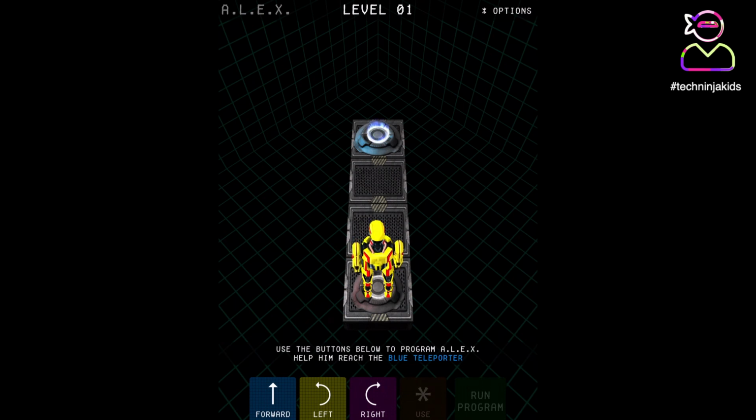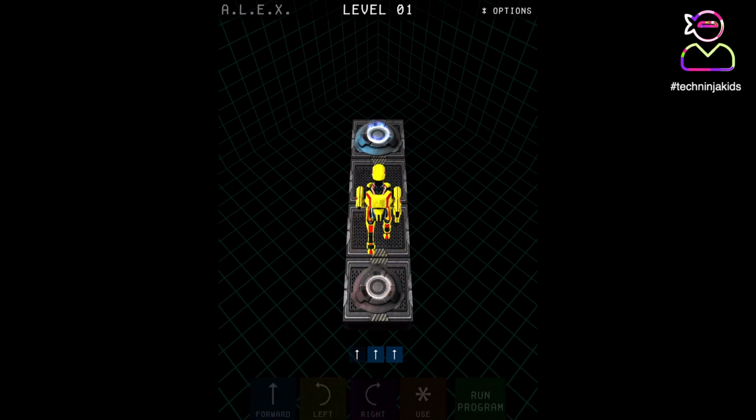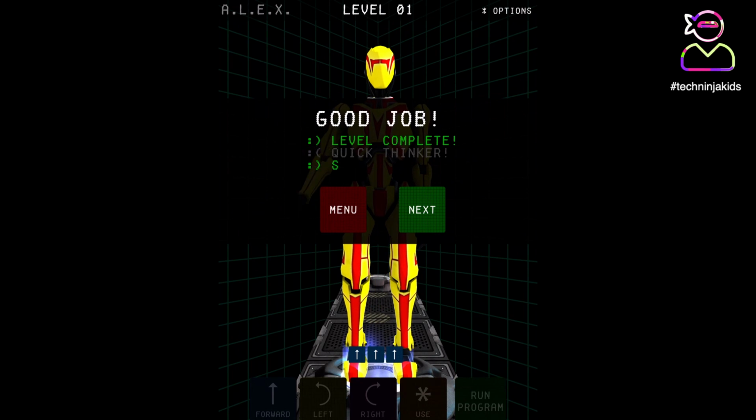In this case, obviously, we've got a forward arrow, and we've got to turn left, and we've got to turn right. So if I put in a forward arrow, you can see I've added that one there, and another, and then you can see we now have a run program button. If I tap on that one,